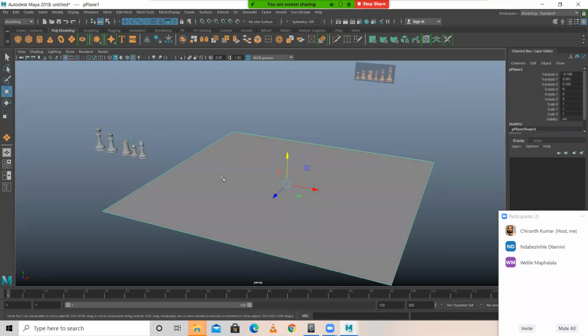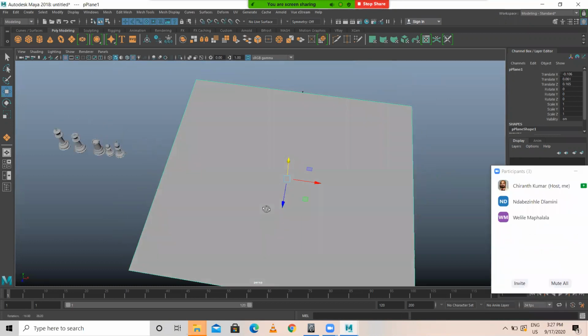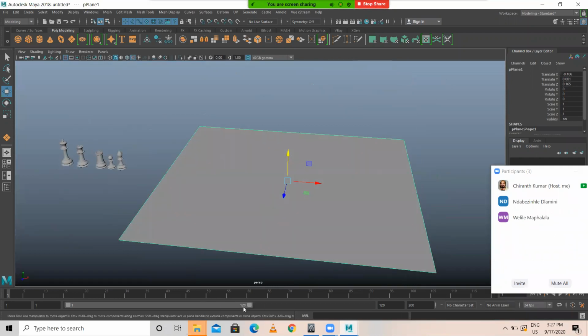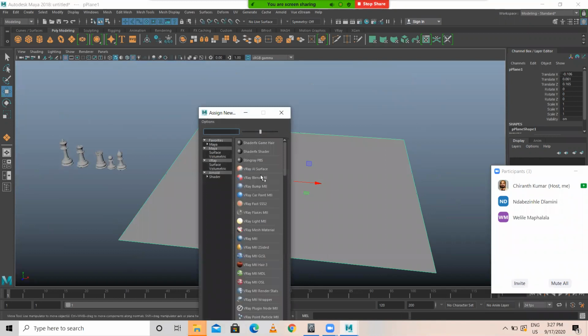Now I'll show you how to apply a material. I'll show you how to apply one material to this. Right click, assign new material. So this one, okay, since this is Maya 18, you have V-Ray materials or even